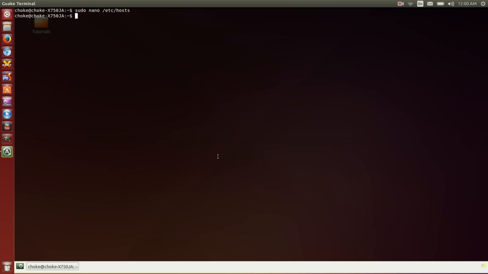Now Ubuntu has an application by default called DNSMasq. It's missing a few essential components to allow this to be possible, so the first step is to kill the DNSMasq and get the new one installed. And so in order to find your DNSMasq listener, we do sudo netstat -plant